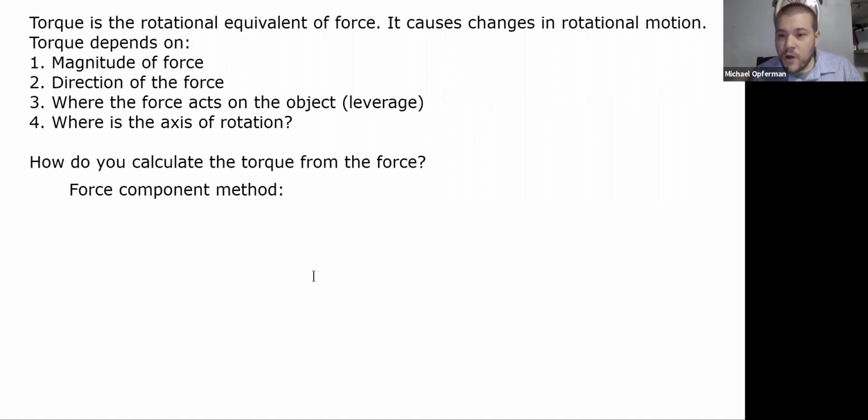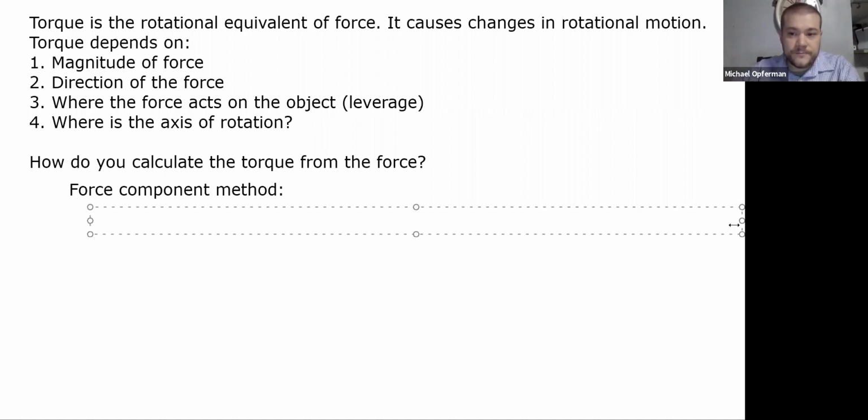So in the force component method, you come back to this point I was making before, that a force in this direction doesn't cause any rotation, and a force in this direction does cause a rotation. So think of those two directions as being the two components of any force vector. So in the force component-based method, you are going to break your force vector into two components,